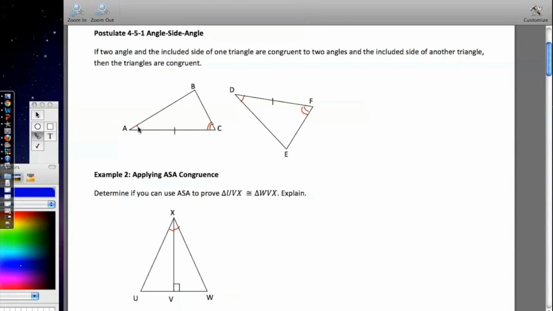So if I have the situation where angle A is congruent to angle D and angle C is congruent to angle F, and the side between those two angles, the included side, notice I've marked them included. If I have these three congruent relationships, then I can say that triangle ABC is congruent to triangle DEF